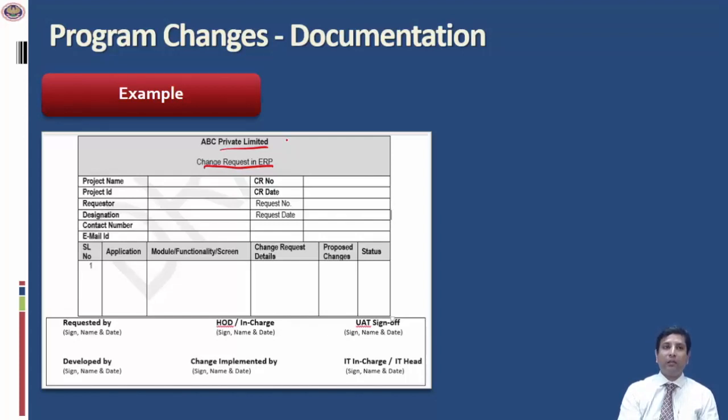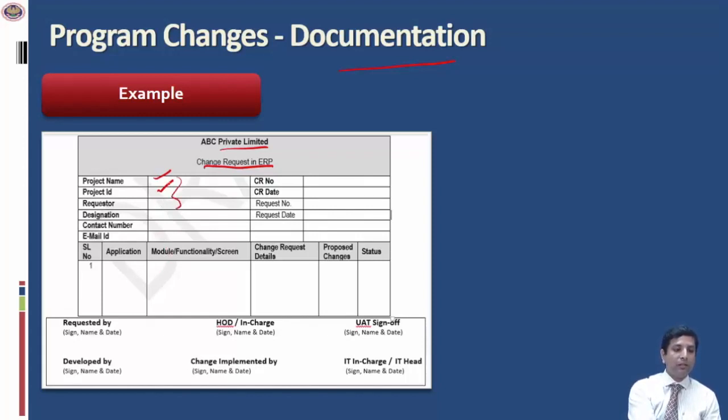The critical thing that we need to understand from here is that the documentation has to be maintained by the company. So when we go in as auditors, we can look at this documentation and understand what kind of changes have been made and how the approvals have been obtained. So here we can see the documentation has project name, the specific project ID, and these all could be optional and vary from company to company.